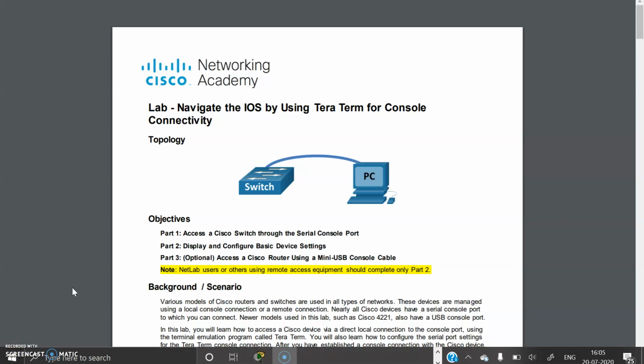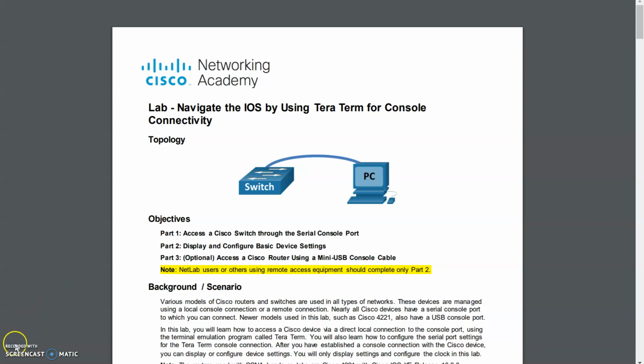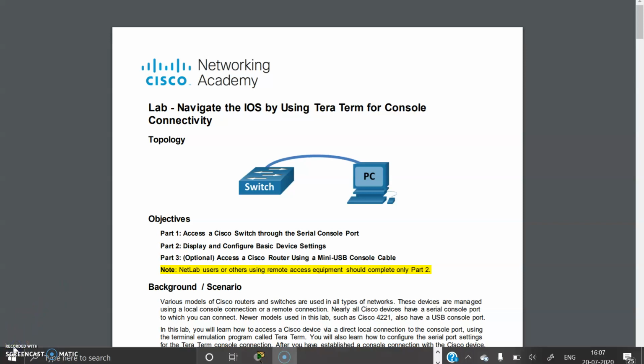It means various models of Cisco devices, which are routers and switches, are used in all types of networks. These Cisco devices are managed by using the local or remote connection. All the Cisco devices have a serial console port to which we can connect.